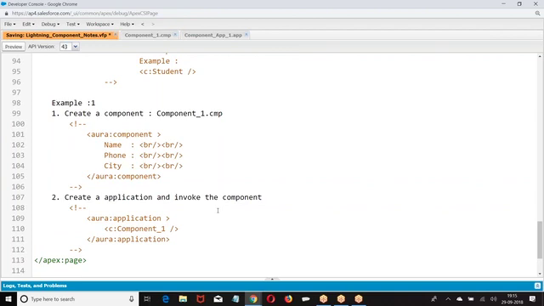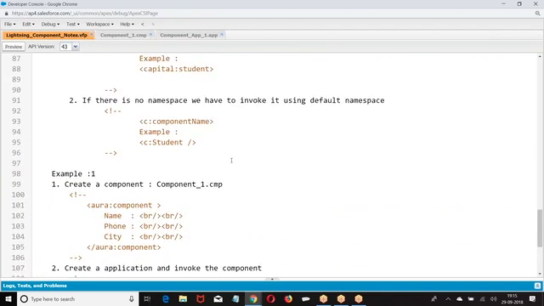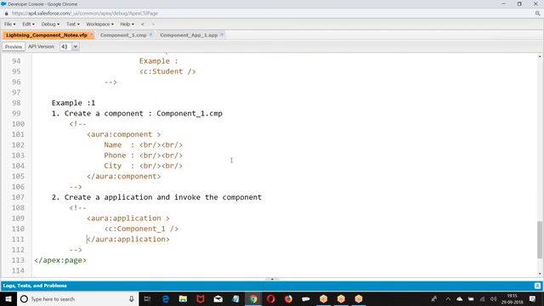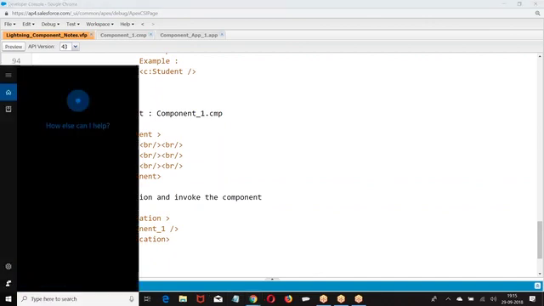Right, boss? This is how we have created this component and invoked this component. I hope you are good. Let us create a basic component, one example for understanding purposes.